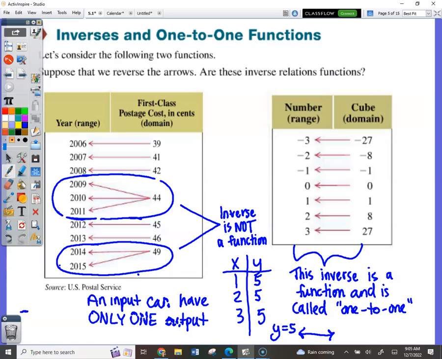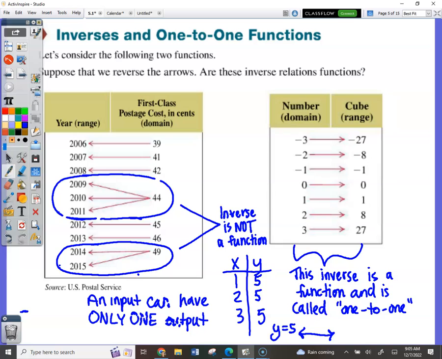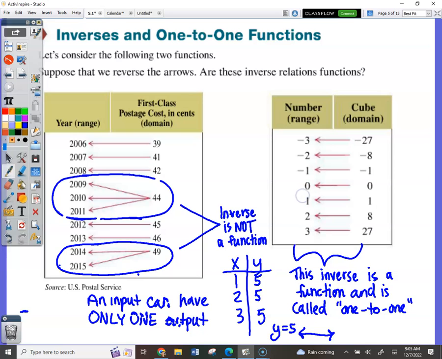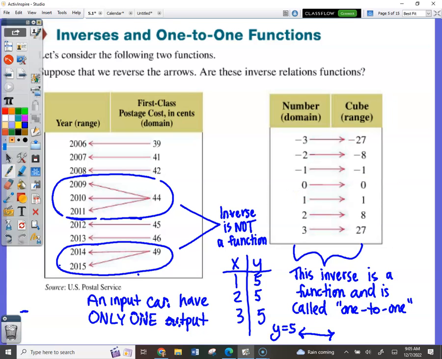They're all distinct. And here's an example of not 1 to 1 because they definitely get repeated, and this is what it looks like. It's this horizontal line. This is an example of 1 to 1 because none of the output values are repeated. Okay? Which takes us to the next slide